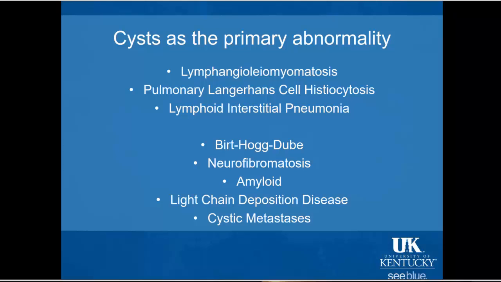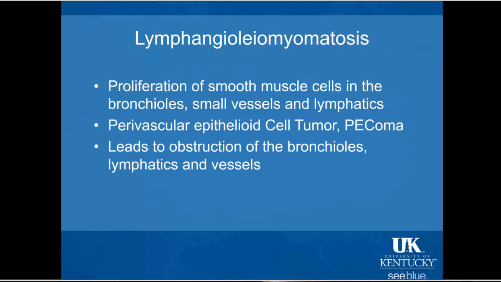So we want to focus on these lung diseases, again, the ones that present with cysts as the primary lung abnormality. The first three are far and away the most common ones: lymphangioleiomyomatosis, pulmonary Langerhans cell histiocytosis, and lymphoid interstitial pneumonia, most commonly abbreviated as LIP. The others are considerably more rare: Birt-Hogg-Dubé, neurofibromatosis, amyloid, light chain deposition disease, and cystic metastasis. But we'll go through all of these today. So we'll start off with